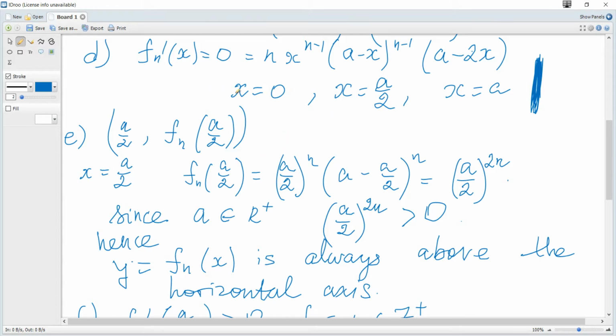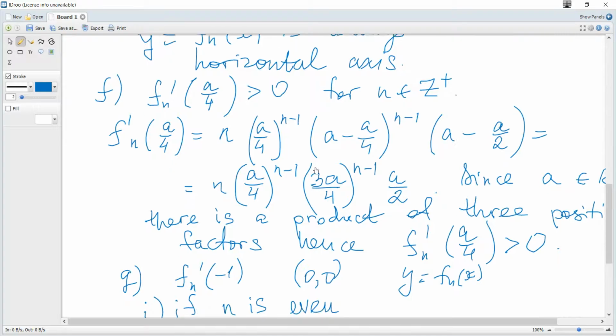So -1 is to the left, and a over 4 is to the right from origin,